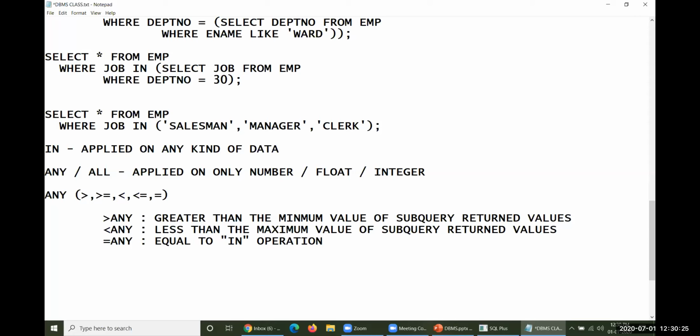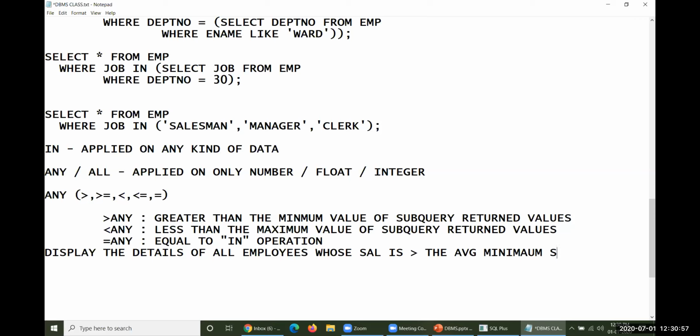Let me give you some examples here, then you could understand very easily. I'd like to display the details of all employees whose salary is greater than the minimum of the average salary of all departments.